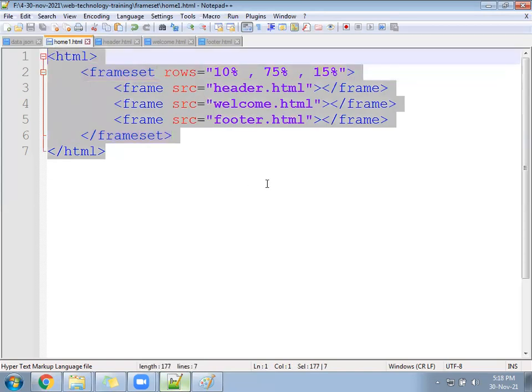If the home file is getting dragged, if it's not showing the header, footer, and welcome in sequence, you can replace this code.